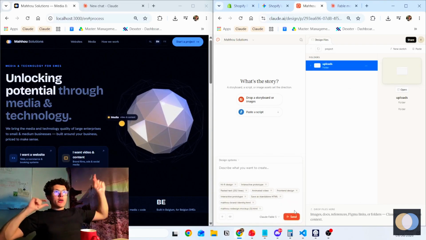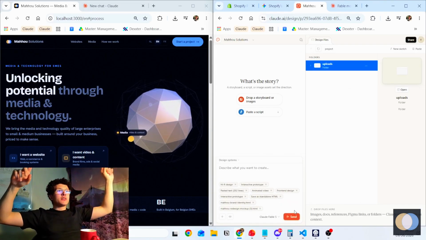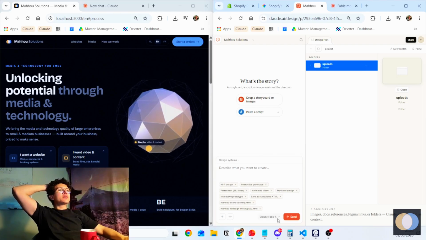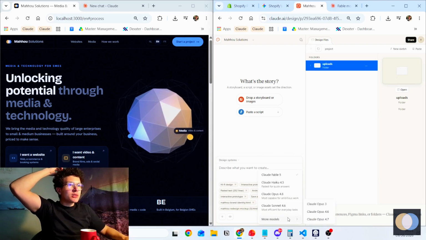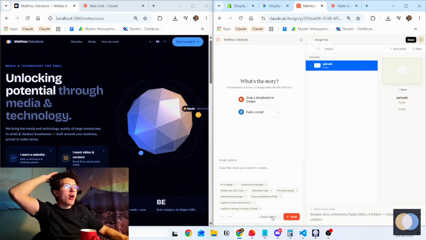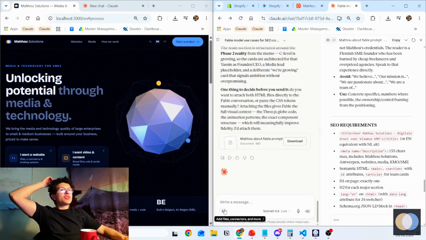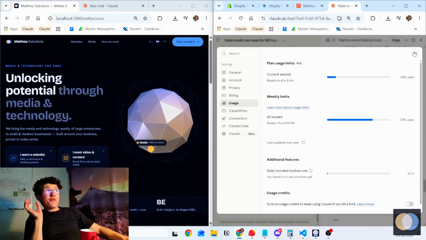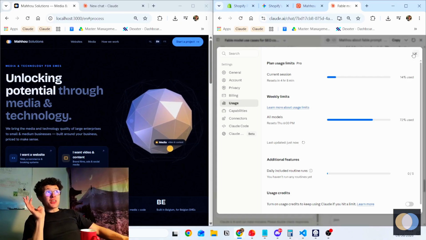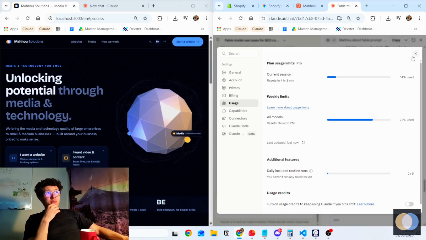Okay. I think we are ready to press send. Let's do this. Fable ban. So there's not some kind of strong or max or whatever in this case. So quick usage check. Okay, so we're at 14%, which I thought I was gonna have more to start off with because of the